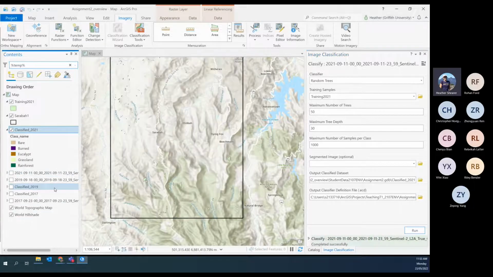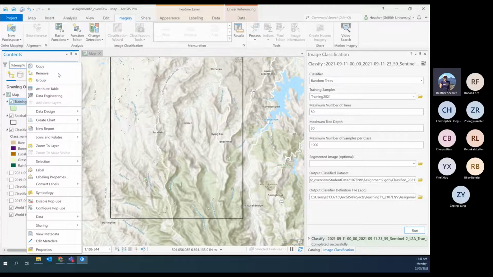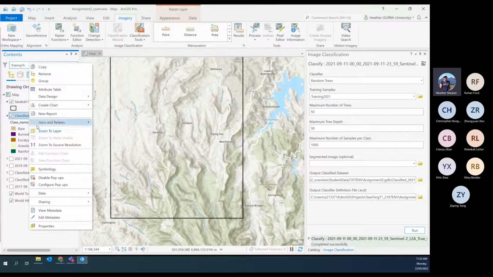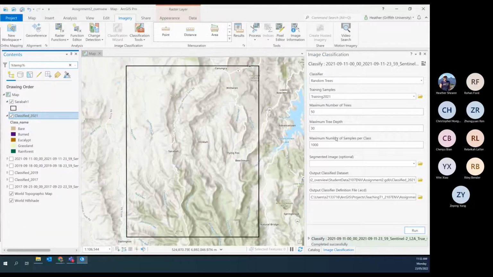I'll untick the 2021 because even though it says it's completed, it actually hasn't popped up yet. Let's just remove the training. Right click, zoom to layer. I'll wait for it to do it properly. It is there. It's just that, even though it's successfully completed, well, hopefully, I'm way too impatient,